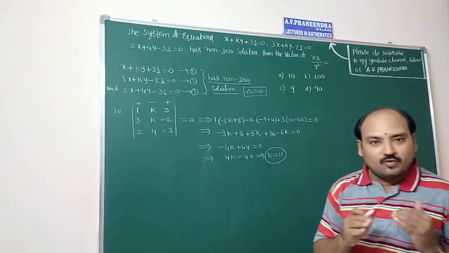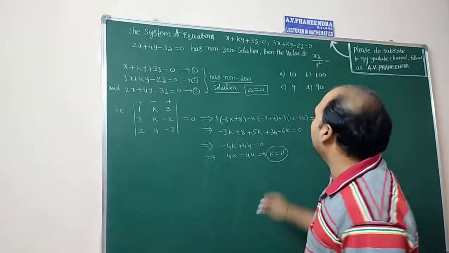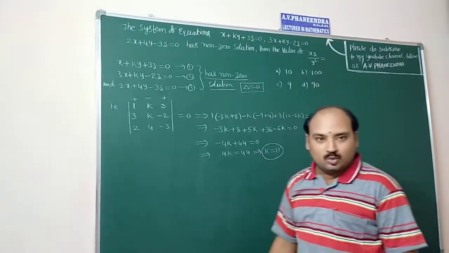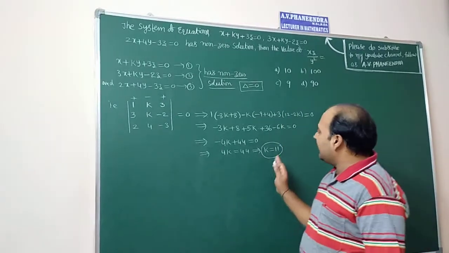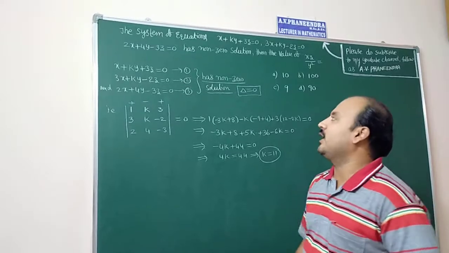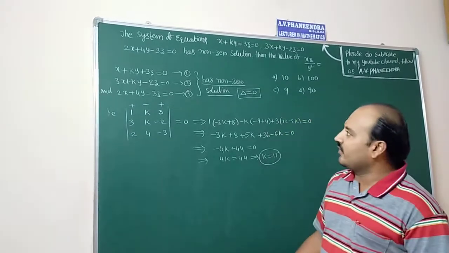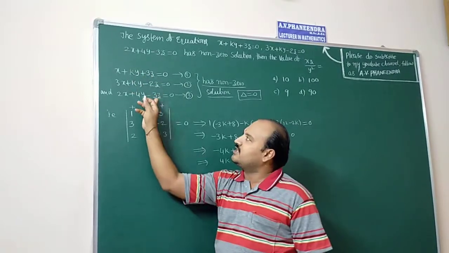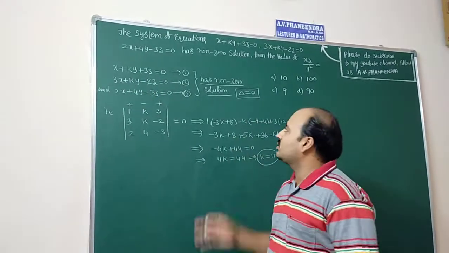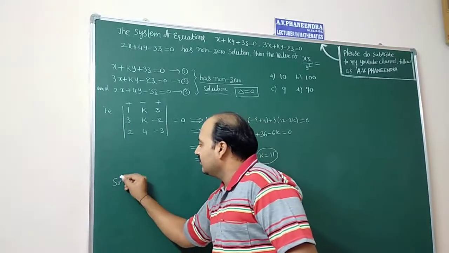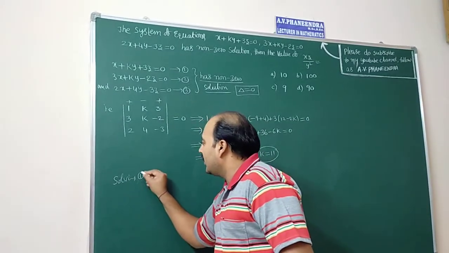After getting the value of k, they are not asking for the k value. They are asking to calculate xz by y square. So, this k value we substitute in equations 1 and 2. After that, we have to solve those equations. First, observe the first equation and third equation, here plus 3z and minus 3z are there. So, solving 1 and 3,